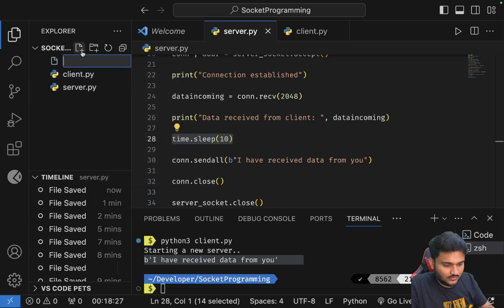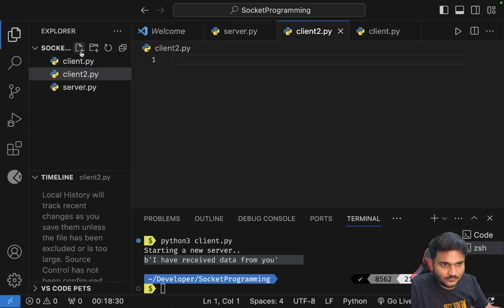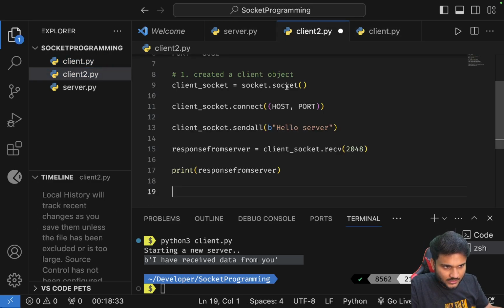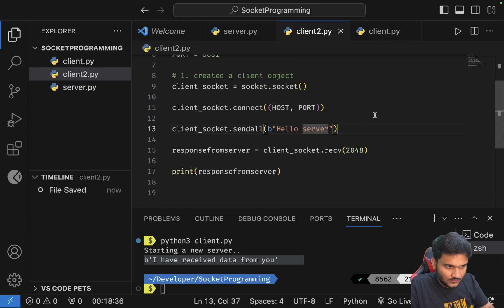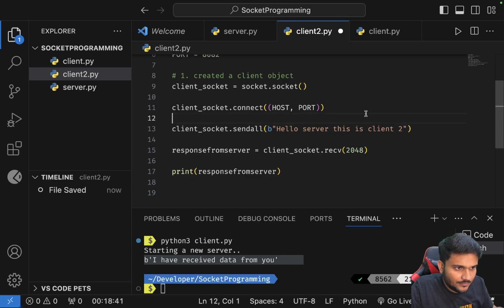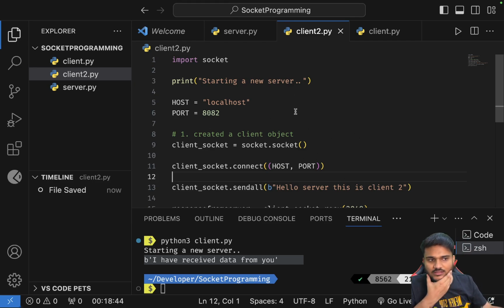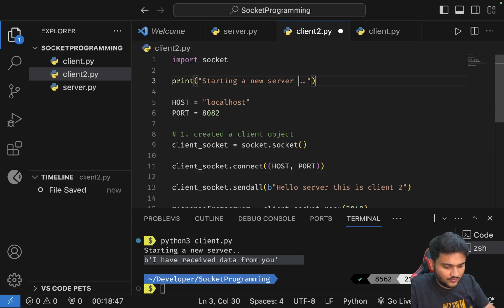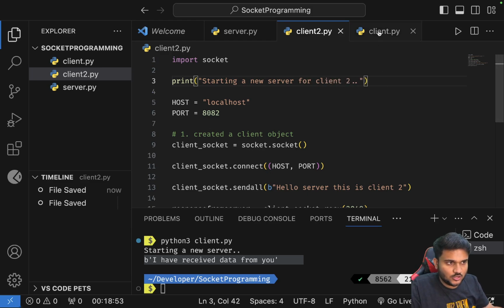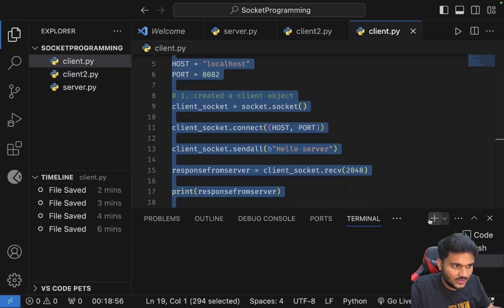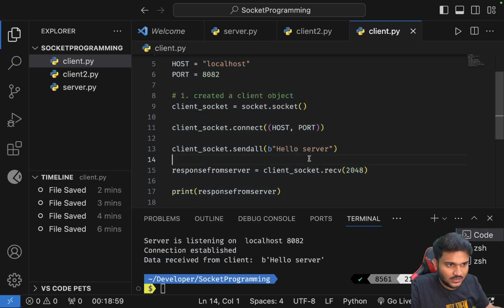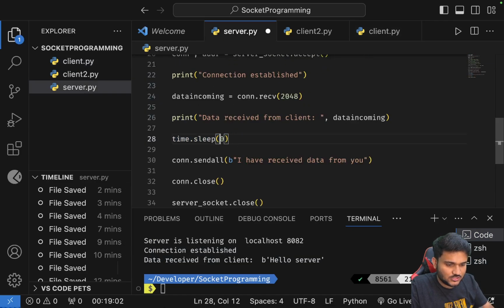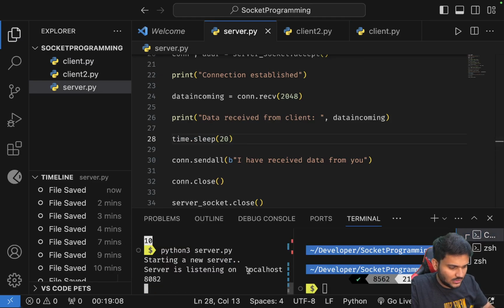Now let's say I'll create a new file, client2.py. I'll copy everything from client into client2.py. We'll say "hello server, this is client2". Right. So you can see now we have another client. Let's see now what happens. So now I have two clients. I'll turn up the server again and I'll increase the sleep time of the server. Let's say the server takes 20 seconds to process. So I'll turn up the server. Now what I'll do is